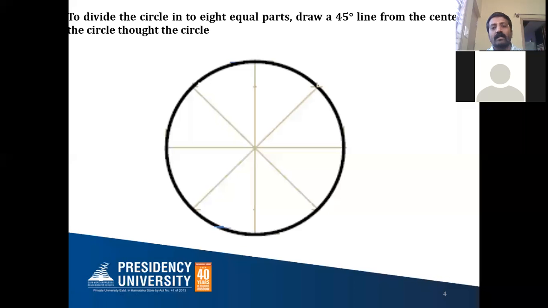You can even divide the circle into 12 equal parts also. 12 equal parts means 360 by 12, which is 30 degree, and you can divide. As I told, we'll restrict ourselves to 8 equal parts. The more points you divide, the smoother the curve you will get for the final shape of the circular lamina. So with this basics, let me start.